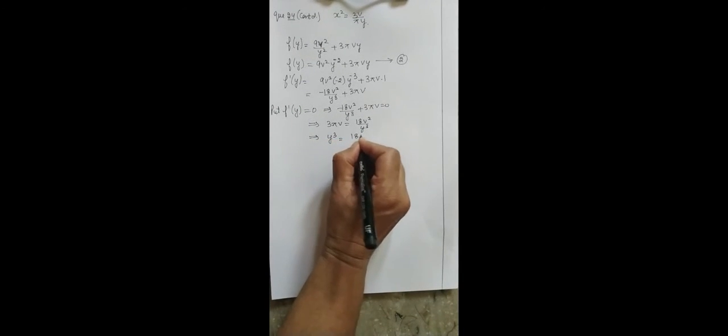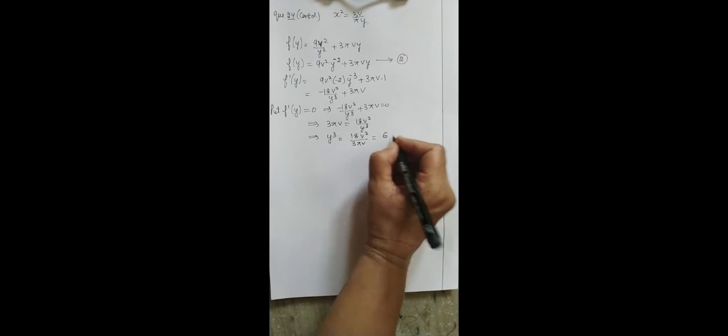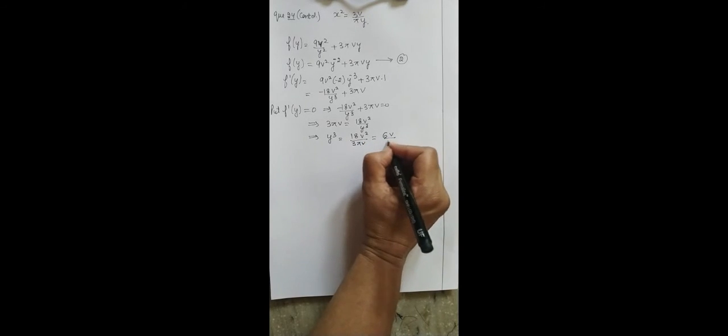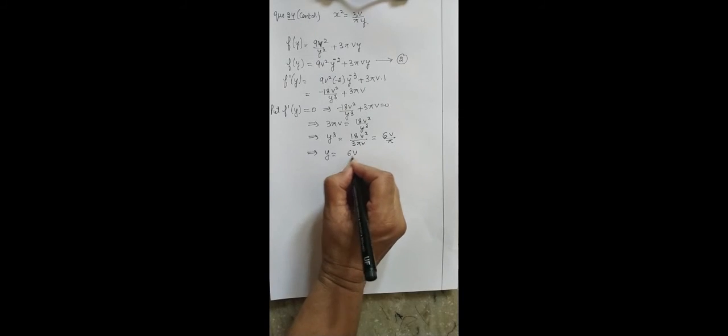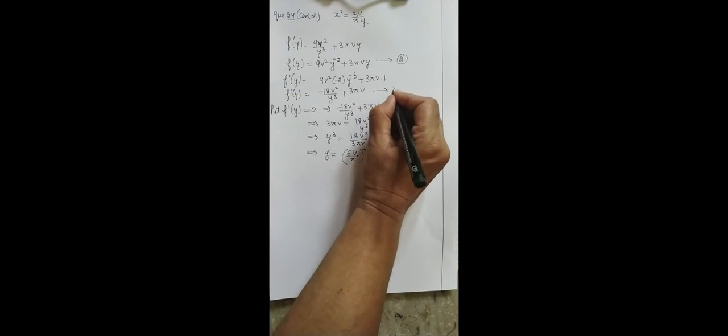which gives me that y cube is equal to 18v square upon 3 pi v, which will be equal to, 3 sixes are 18, v square divided by v is v, divided by pi. So now this is my value of y cube, or if I want to write y, it will be 6v upon pi whole power 1 by 3. I mark the first derivative as equation number 3. Now let us find the second derivative. For this I am differentiating 3 with respect to y.